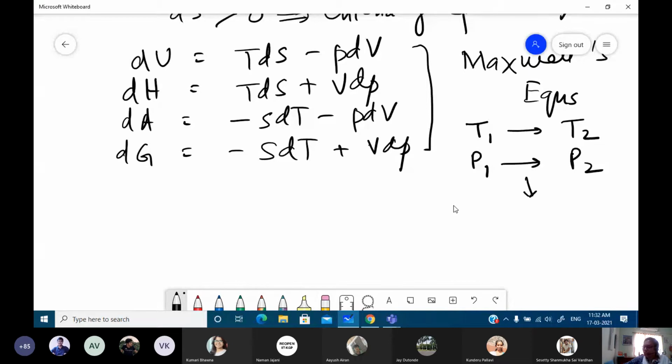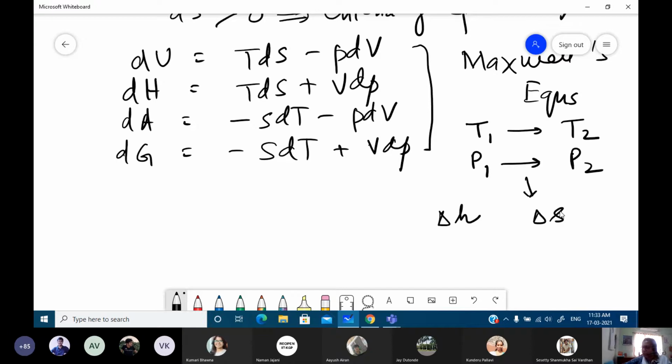And we had selected two particular non-measurable properties. The first one was delta H, because this gives you the energy change when there is an energy interaction and also when there is a flow work or a pressure volume work associated with it. And the other thing was delta S, because as we have found out, the change in delta S gives you whether the process is feasible, how much it is feasible, and whether the process after the change has come to an equilibrium state or not.